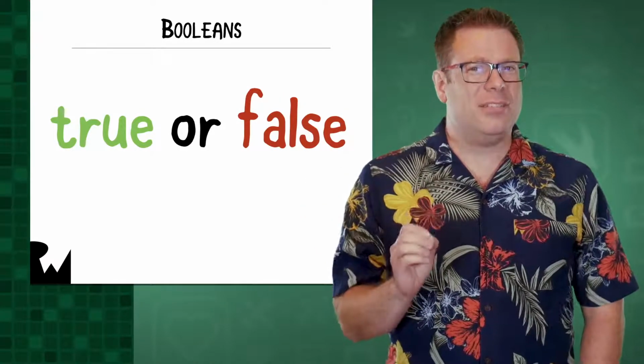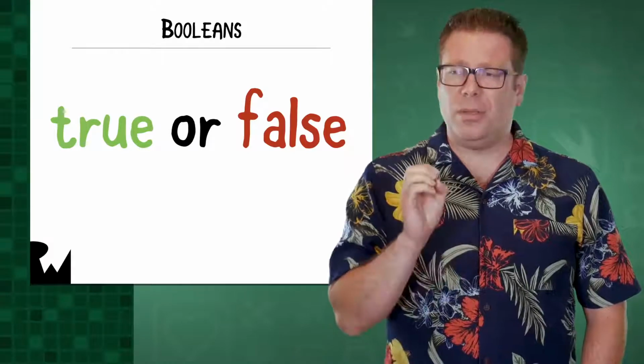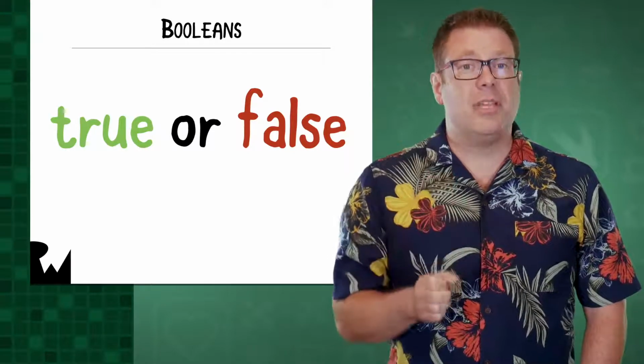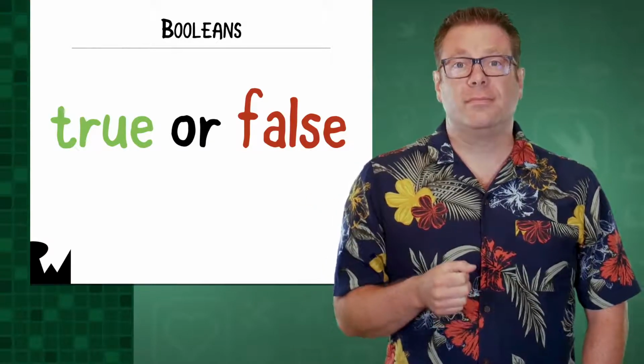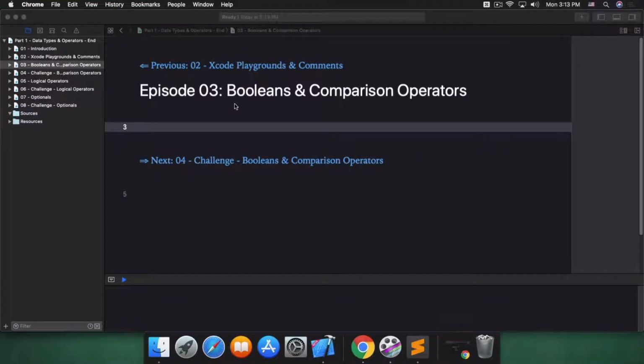You might not realize it, but you've already used Booleans if you built the Bullseye app. You'll see what I mean before the end of this video. Now let's try using Booleans in Swift. So let's start off by creating two Boolean constants. We'll name the first one yes, and we'll set it to true.